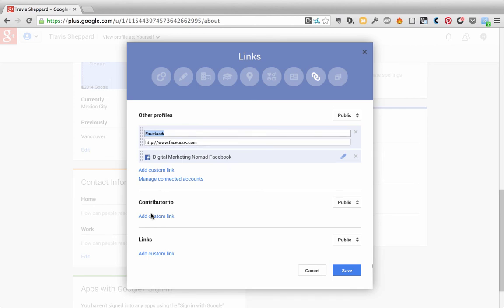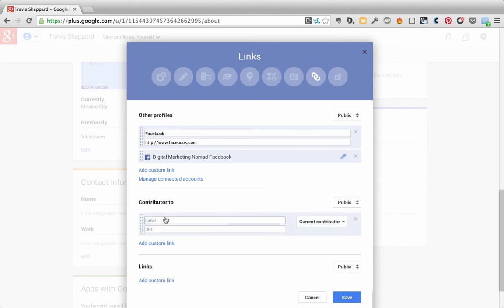When it comes to contributor to, make sure you put all the websites that you write on or for. Why this is important is you can have this link to authorship, so Google will know the articles that you write. They are in the process of getting rid of the photos that you have been seeing on Google that someone's written, but they will still be able to see your Google Plus page and how many followers, etc. So highly recommend